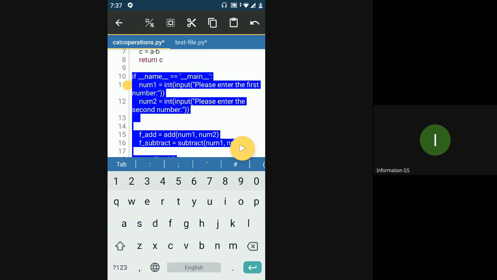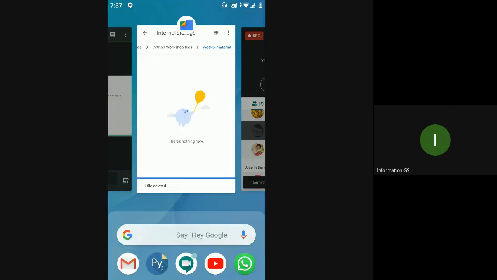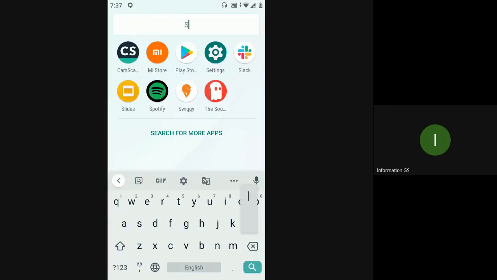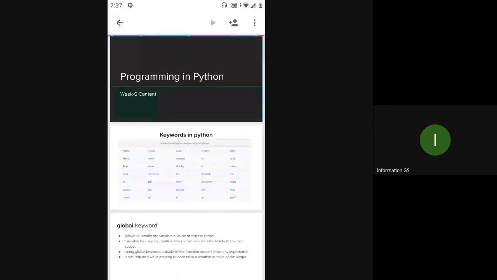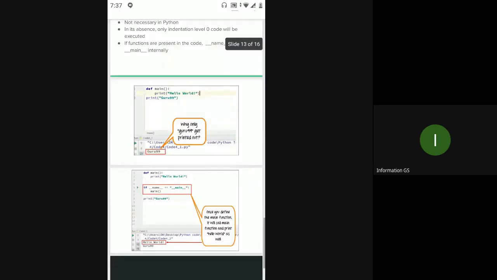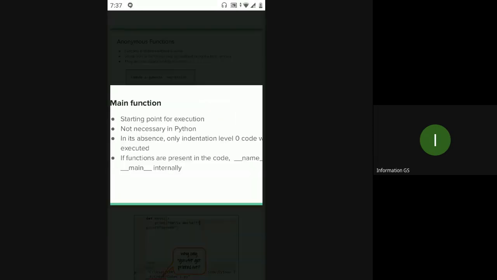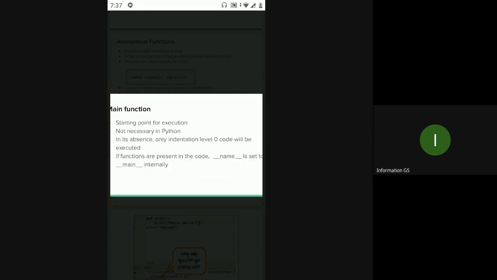So let me go quickly and see the theory for the main function. The main function is the starting point for execution. Well, not exactly here. It is not necessary in Python, that is for sure. Even if you don't have a main function, that is totally fine. But when you import the file, all the code would be run.